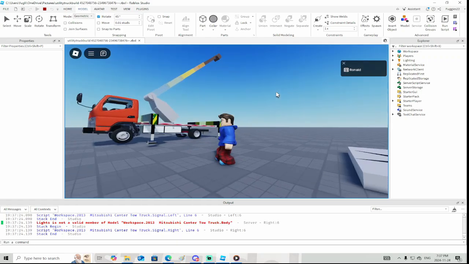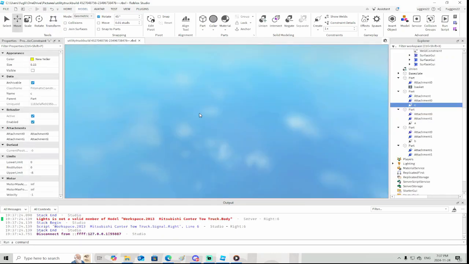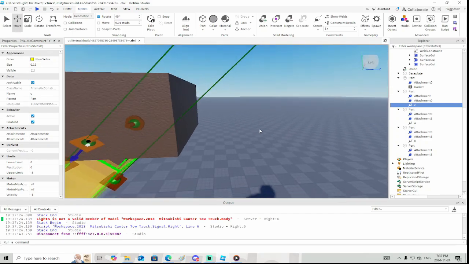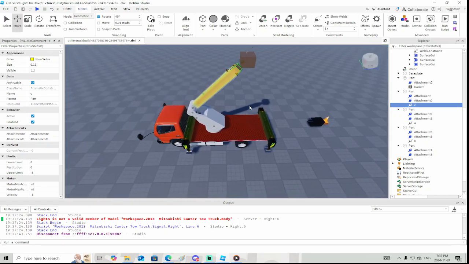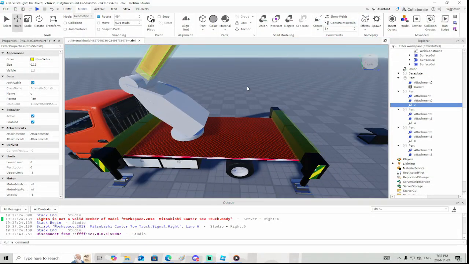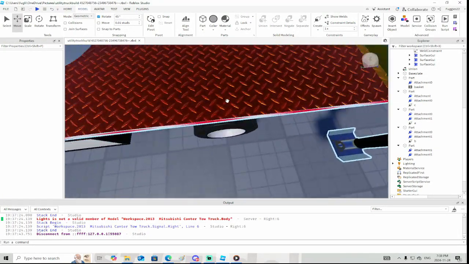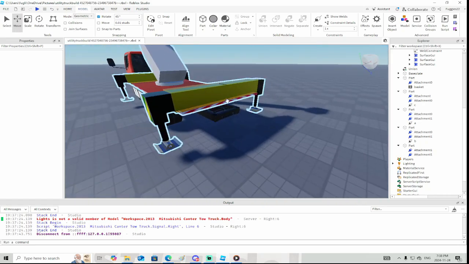All right. So there you have it. Now all the constraints are set up on the vehicle. Now we're able to build the user interface, and then we'll put the basket on. So that is what we're ready to do now. The user interface. Okay, so how do we want this to work? We basically need a